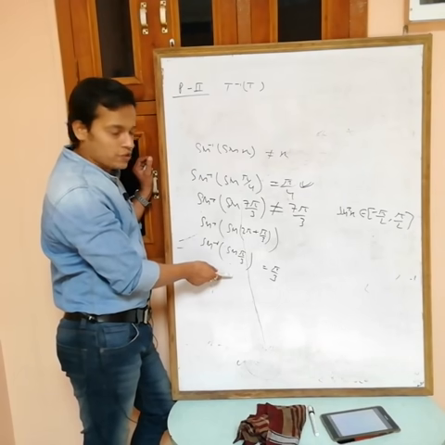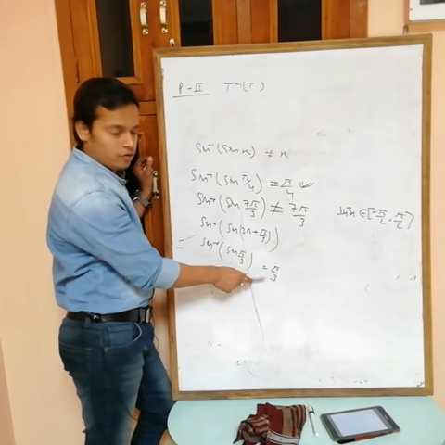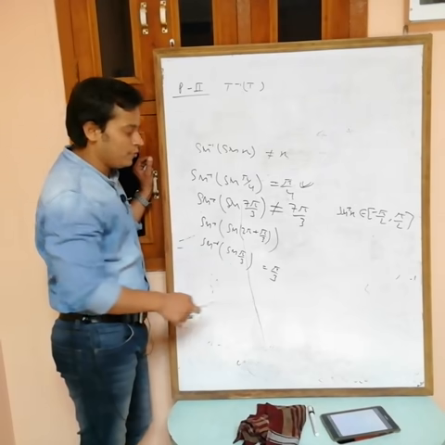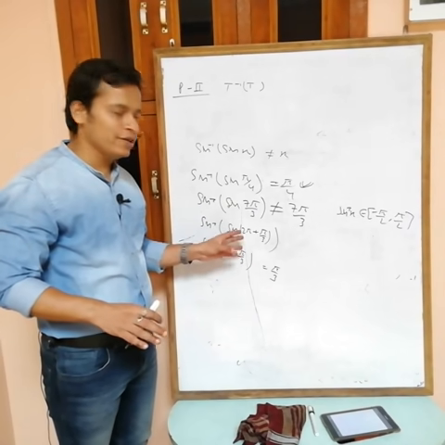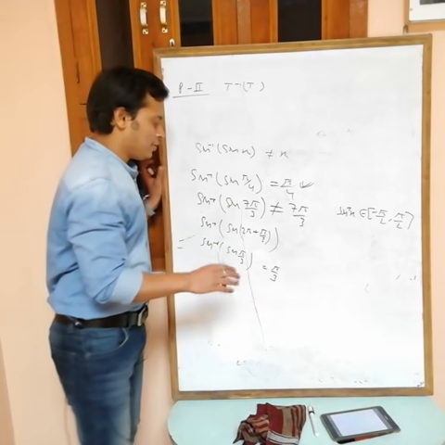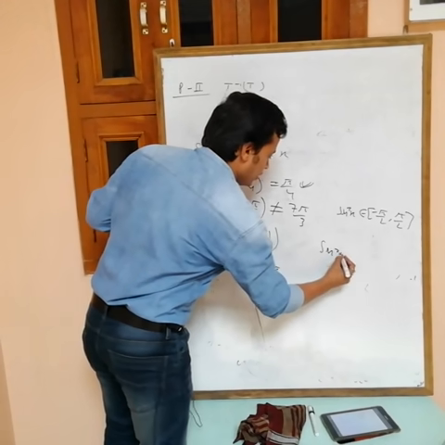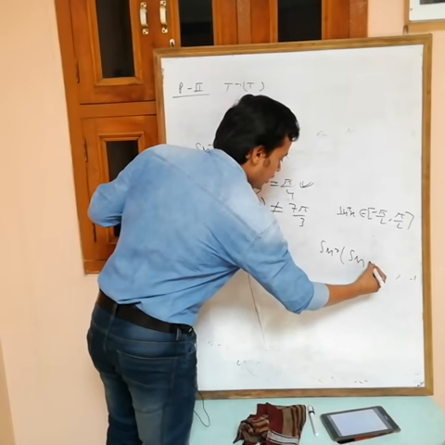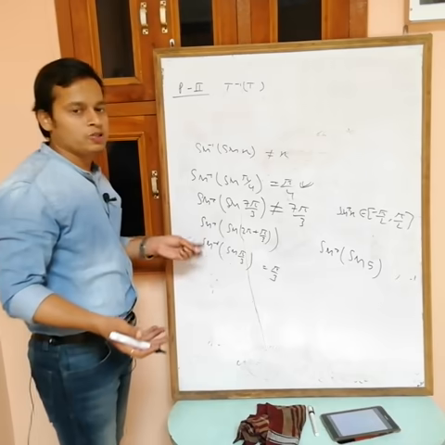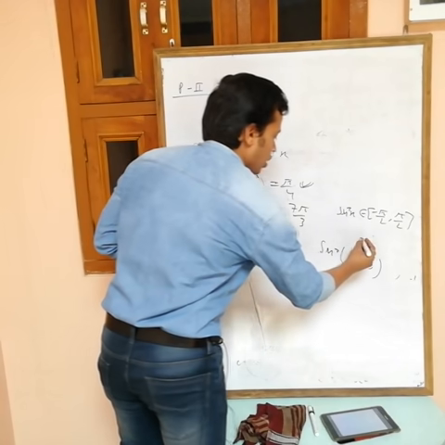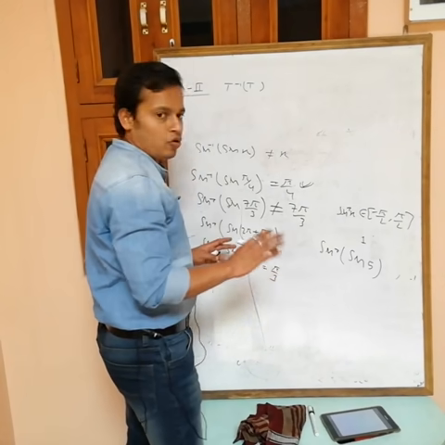We are just solving this one now, and sine inverse can give you a value equal to pi by 3. But sometimes you can't find this easily by this method. For example, if I write sine inverse sine 5, can you find it? If possible then find it out. Here I am saying that we can find it, but not easily.